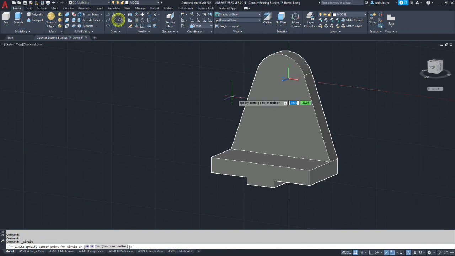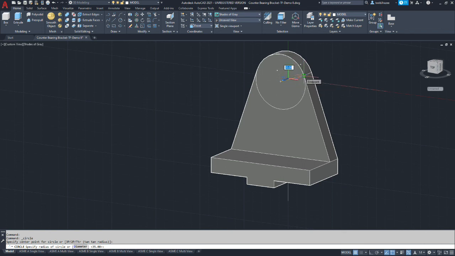We're going to draw a circle, and we're going to hover over the radius that makes up the top of the base tapered flange. You should see a highlight at the center, and we want to select that center so that it's concentric. And so we're actually drawing on the plane of the model.